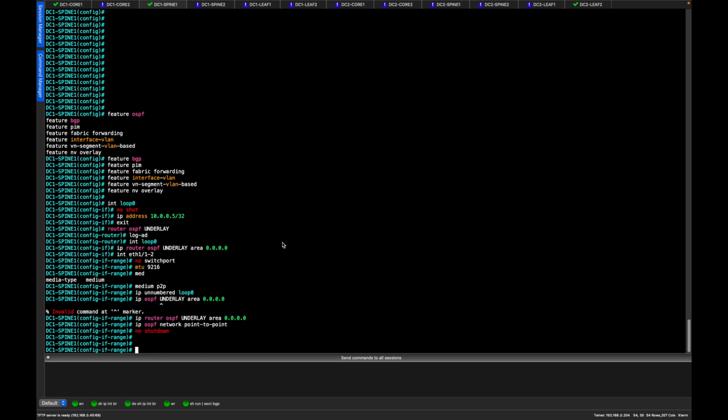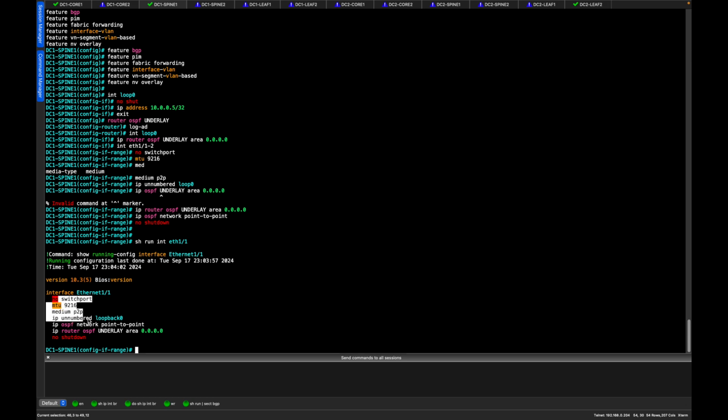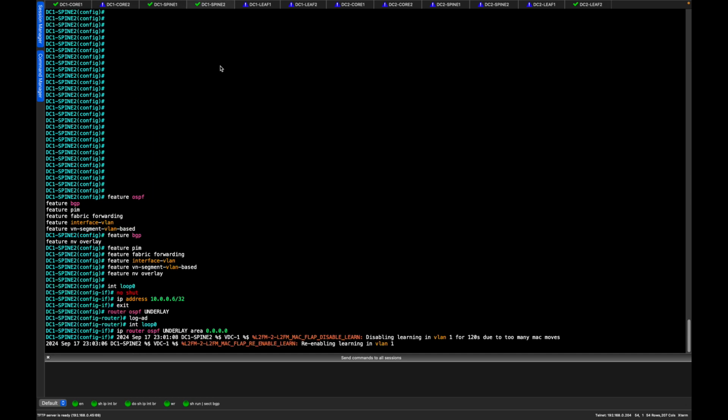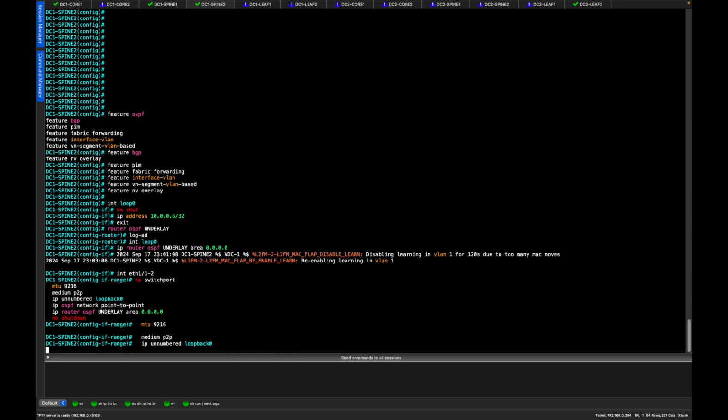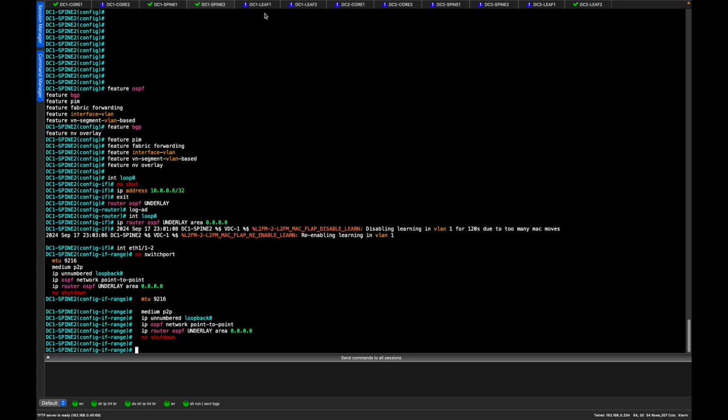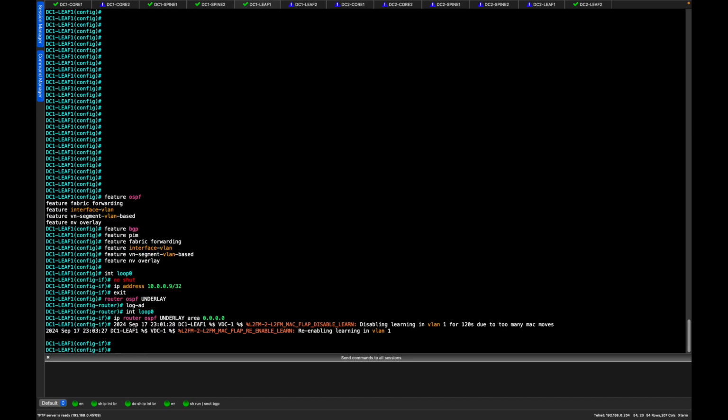So run int ETH1, just grab that configuration, and what we'll do is on this spine we will do 1 to 2 again, and to be fair we can do that on the leaves as well,